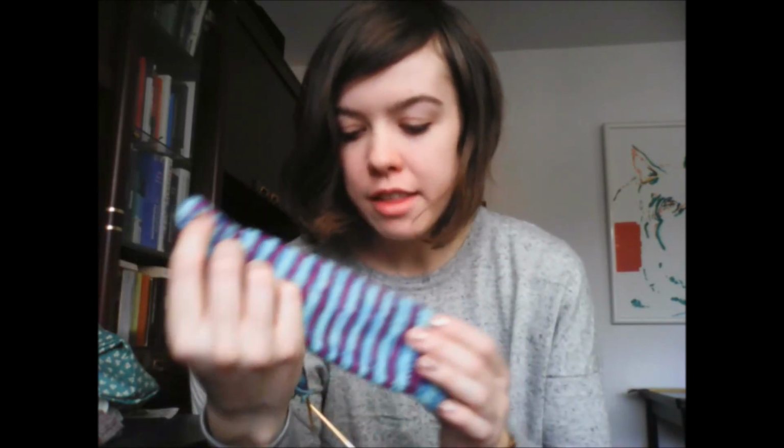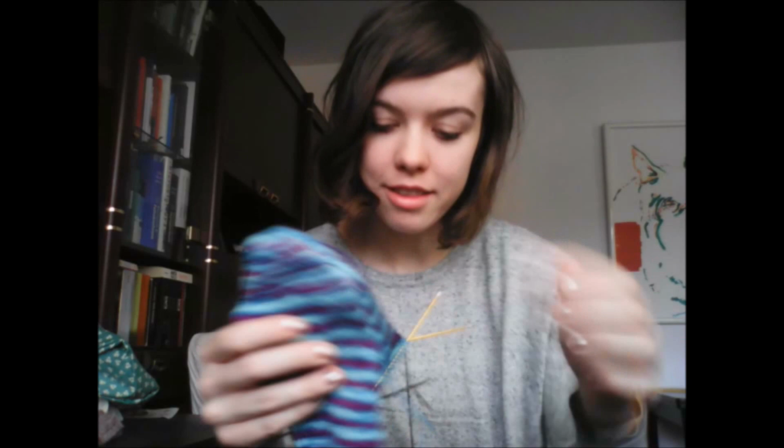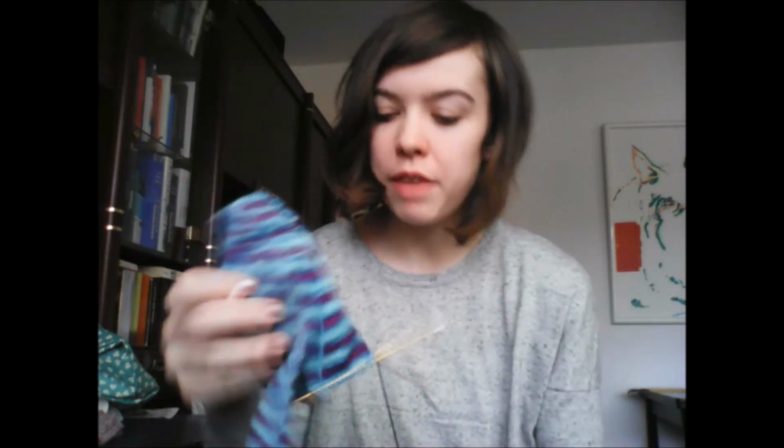But yes, I still haven't tried them on. I kind of like finishing my socks before I try them on because I know that if I try them on and they don't fit, it'll discourage me from knitting anymore. So yes. But I really, really like these, as I said, and I'm knitting them on